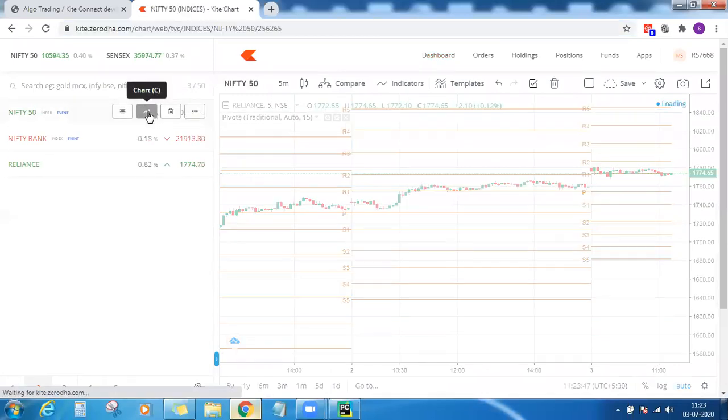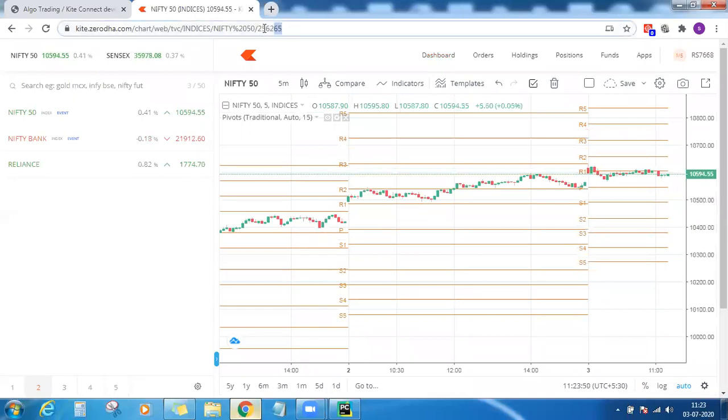And if I pass 256265, then it will understand I am requesting Nifty 50 spot data. And for futures and options, after an expiry gets over, the data gets erased from the exchange. So even Zerodha, in that case, any broker, discount broker or any broker who is giving you a historical data API, they'll not be able to give you historical data of an expired symbol. So the June month contract, it got expired. You will not get the historical data of June month. Only the July month historical data you will be getting.